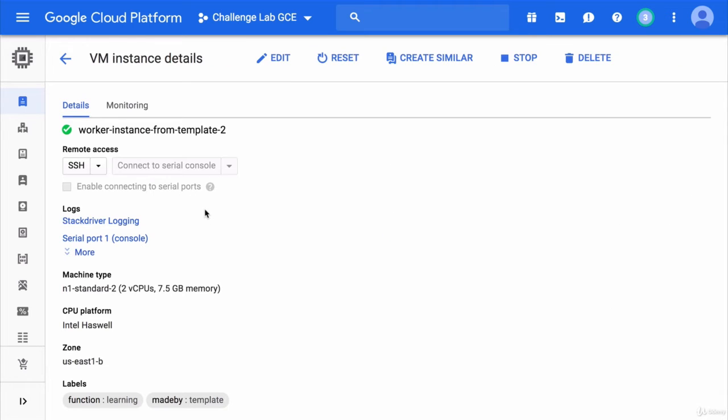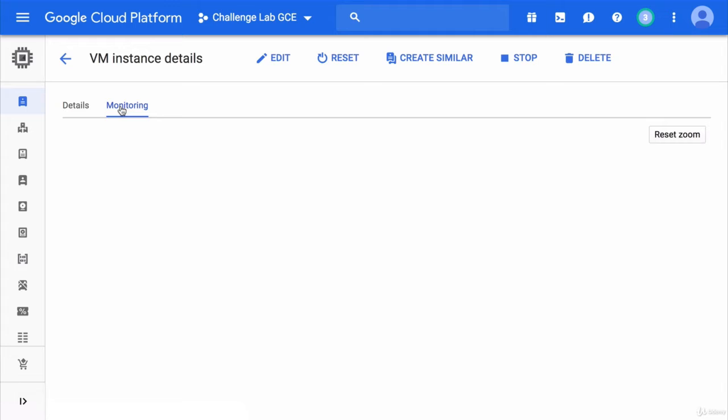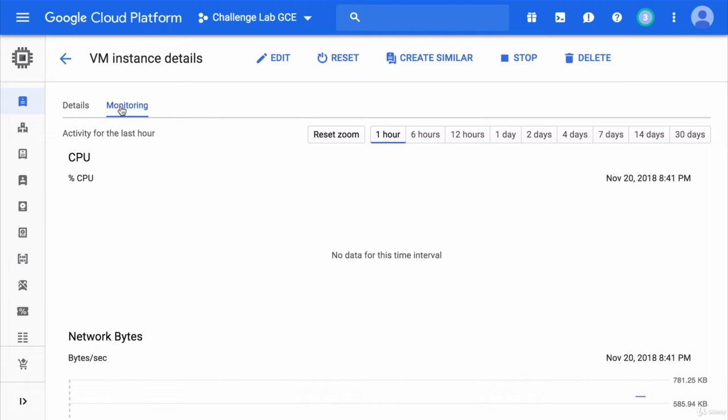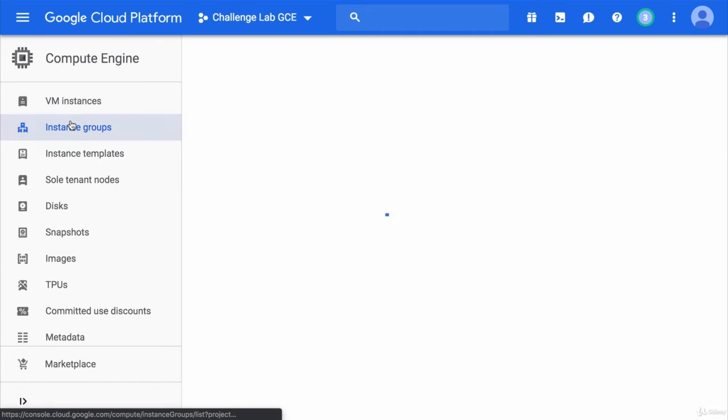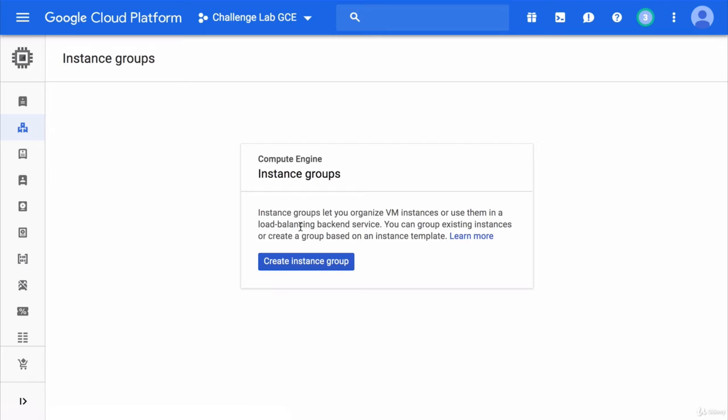And this instance is a bit beefier, more CPUs and more memory. But maybe instead of monitoring each of these instances separately, we'd like to group them. So let's make ourselves an instance group. So if we go to the Instance Groups section and press on Create Instance Group,